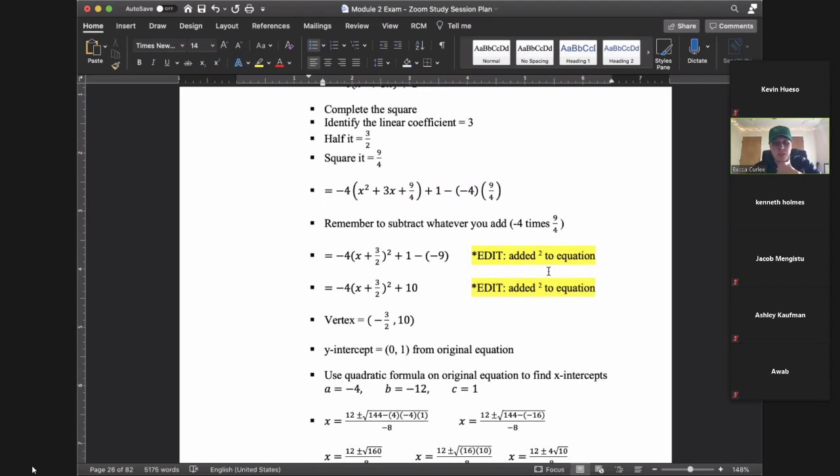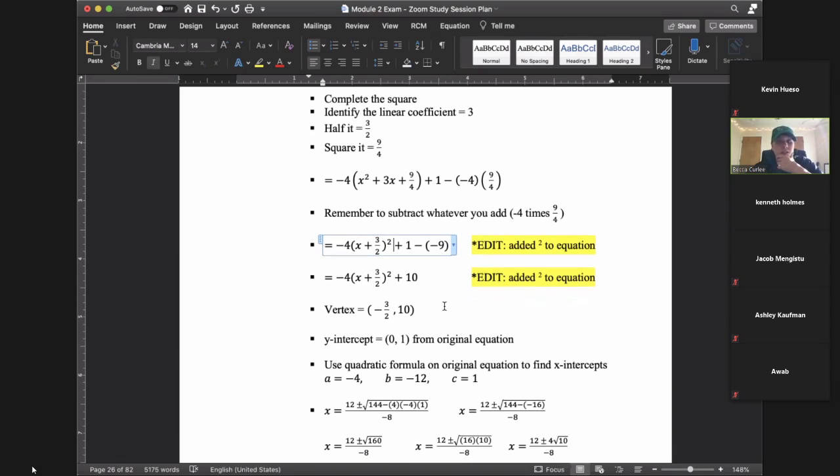This was something that I accidentally forgot to include in the one that I sent out. So I just made an edit here. I forgot to add the exponent here. So don't mind that. It's just something that I added for people that had the study guide beforehand. So we've got